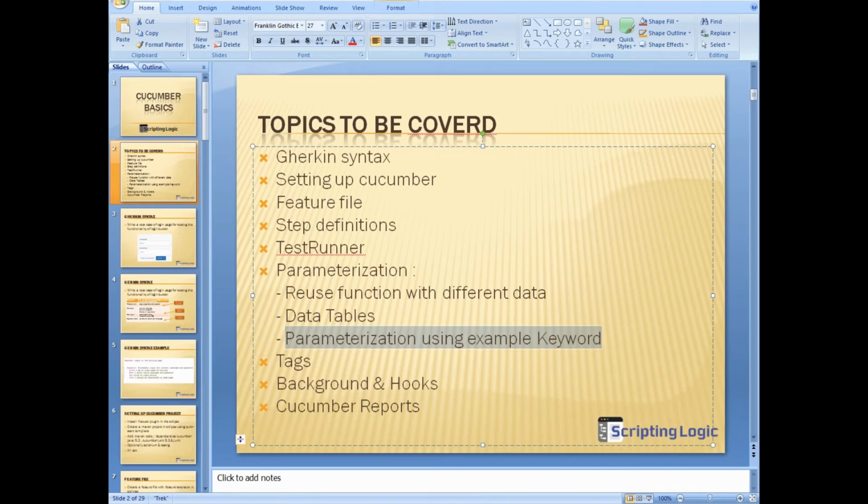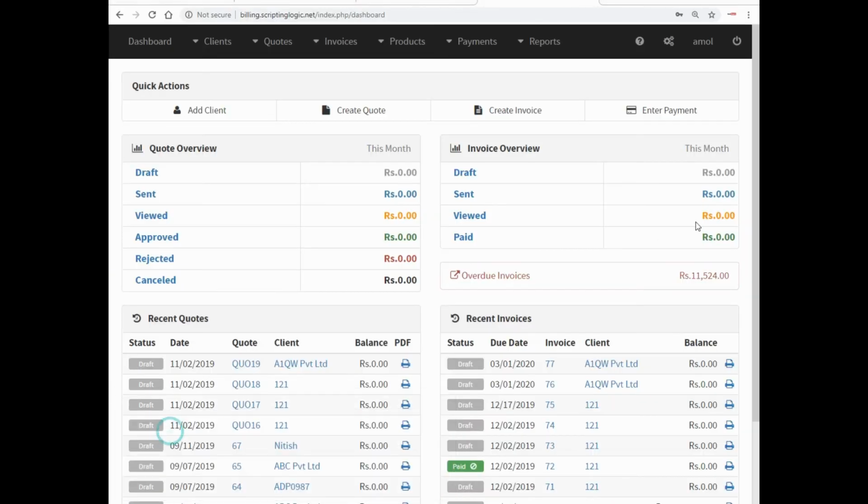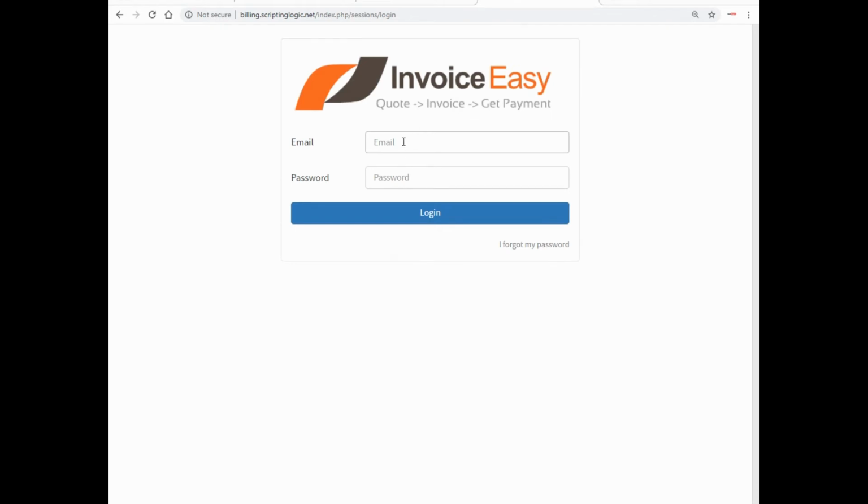For example, let's say this is a login page, and if we want to apply the data provider, it means that we want to apply different usernames and passwords to the same form. Let's say 10 username password, 15 username password.